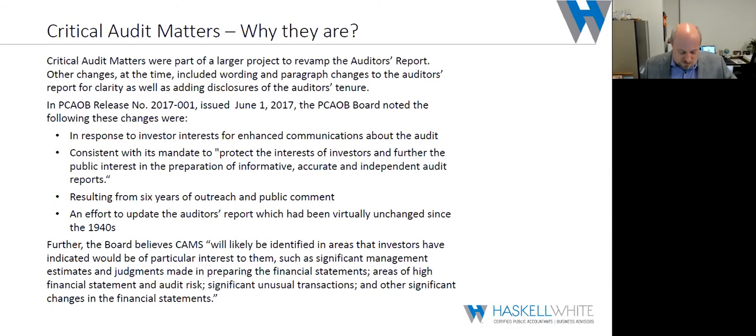So when they went through that analysis, quoting right out of there, they thought that CAMs would likely be identified in areas that investors are most interested in, and therefore they're looking at the auditors to supplement the discussion of their audit, much like management's already gone through in the MD&A, but getting a little bit more thought out of what the auditors were thinking, or the challenges the auditors were thinking. I know from a soapbox standpoint as auditors, we think it starts giving a little bit more roadmap to potential other auditors to think about how they might look at that job a little bit differently. But we're all going to be on the same playing field here in terms of what we're disclosing.